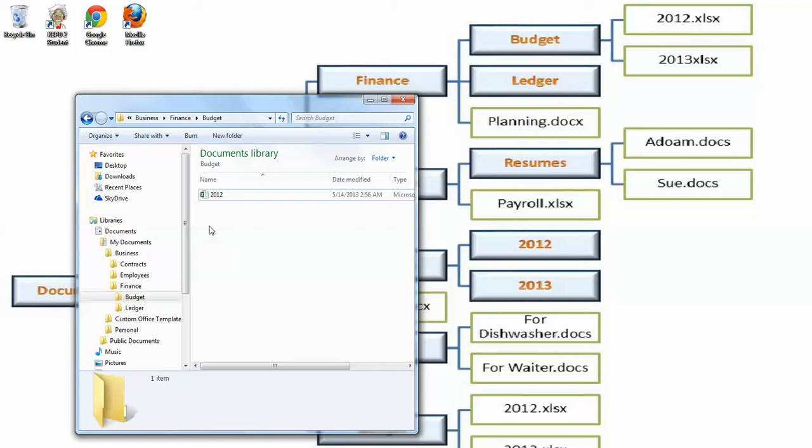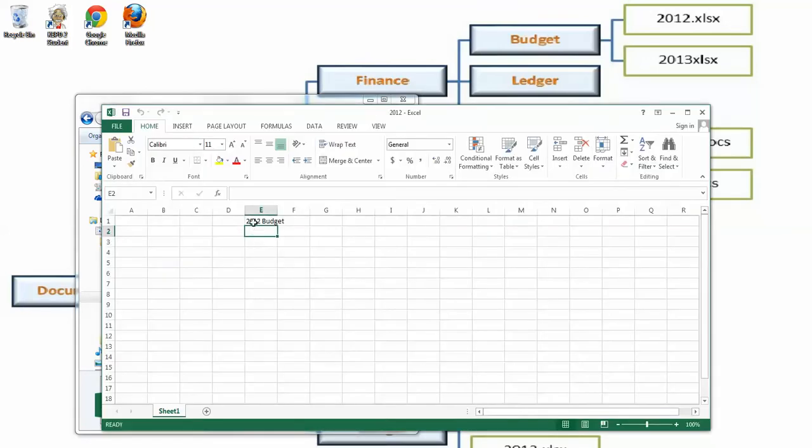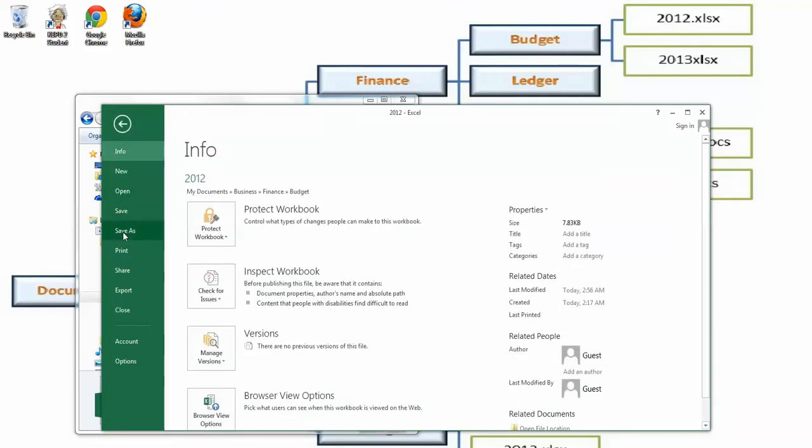So I just go ahead and reopen 2012, and I change the details such as the year and of course actual data as well. And then I don't click on save because it will replace the 2012 file. I don't want that, so go to file, then save as,